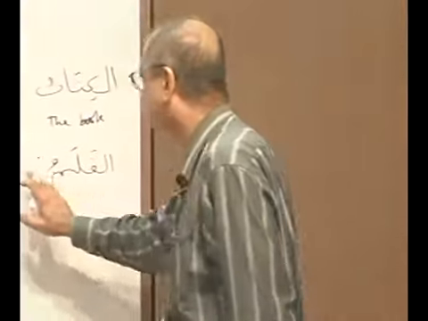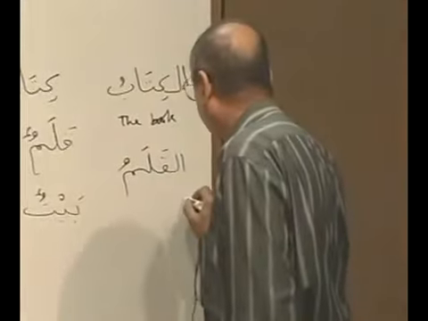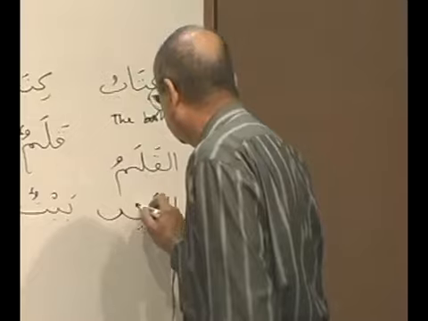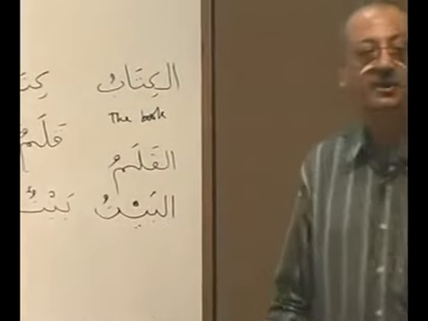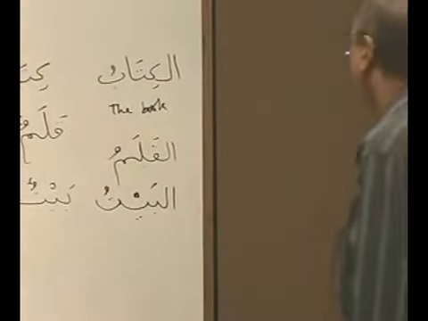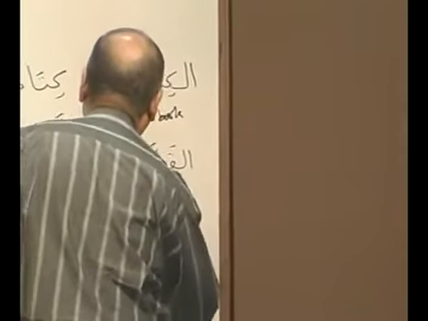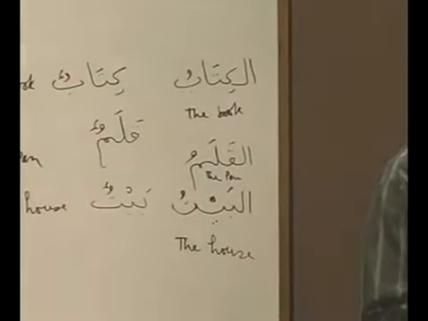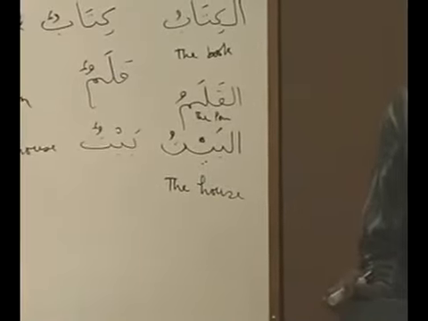Got the idea? If I write down al-kalamun, that is wrong, because tanween and al cannot coexist. One has to come and the other has to go. So, if you say al, then only one dhamma. And then here comes al-baytu. Instead of baytun, it became al-baytu, meaning the house. And I should write here the pen. Okay. Is it clear, brothers and sisters? Yes. Okay. Now,